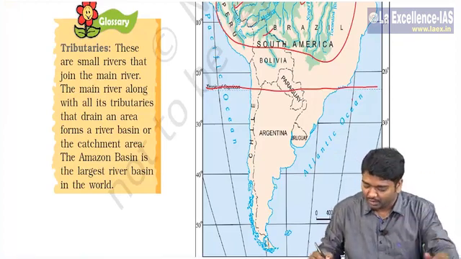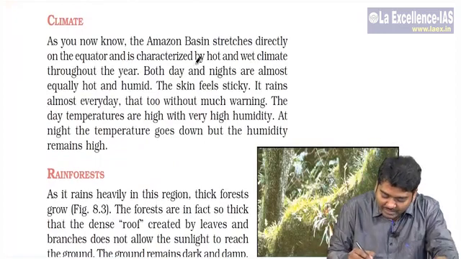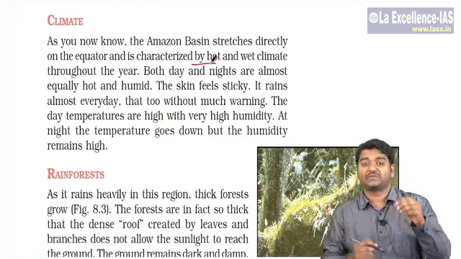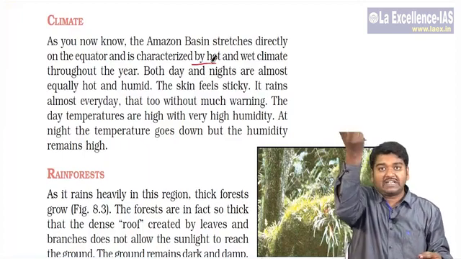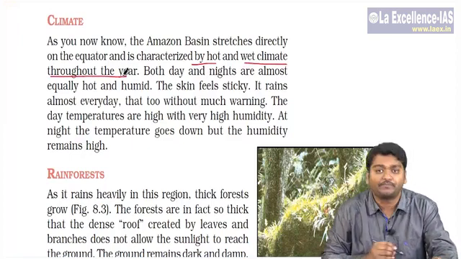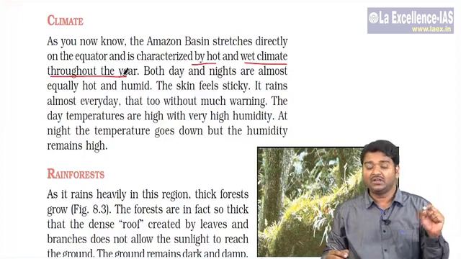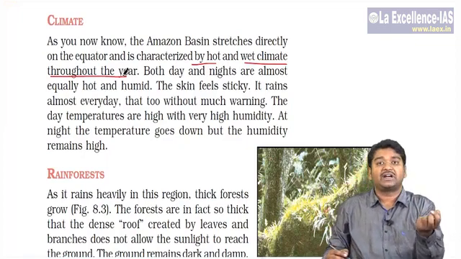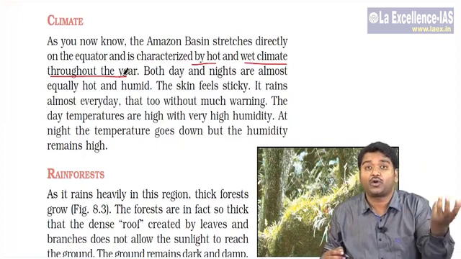This fact is important. And then, as I have already told you, it is near the equator, so it will be very hot. And as it is near the equator, more moisture is present because the sun's rays fall vertically, oceans get warmed up, moisture rises, and it gives rainfall. You also see a wet climate throughout the year. Usually convective rainfall is present in this region. Second important factor is that at 12 o'clock or so, the moisture starts rising, and by 4 o'clock every day you get rainfall. We call it 4 o'clock rainfall.